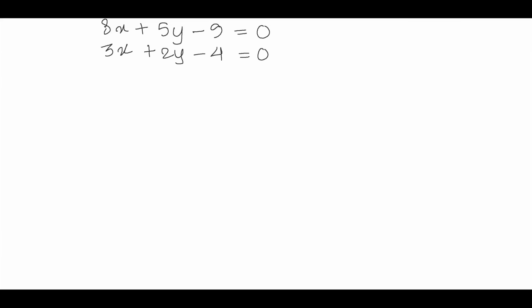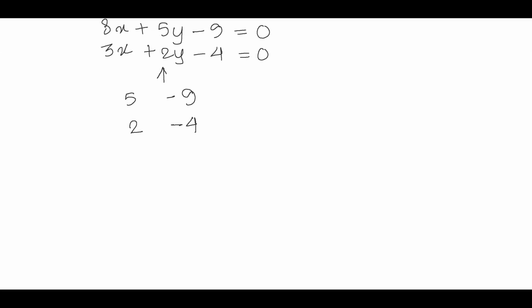Now observe, we are going to write the coefficients in a pattern like this, starting from the middle. We write all the coefficients starting from the middle, in a pattern like this: 5, and below it comes 2. After that, we move on to the right. On the right, there are two more numbers, minus 9 and minus 4. They are called constants, which do not involve any variables.